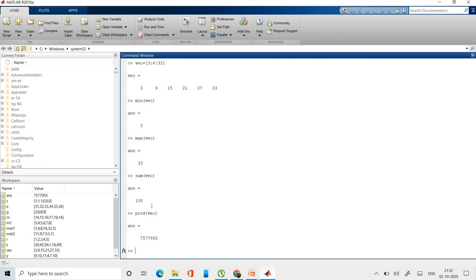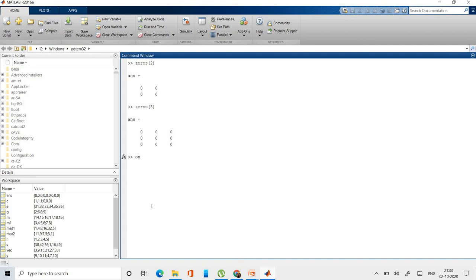Also, some of the special matrices we have already discussed: if you want to have zeros, like a 2 cross 2 matrix, or zeros 3 for a 3 cross 3 matrix, you can use this command.